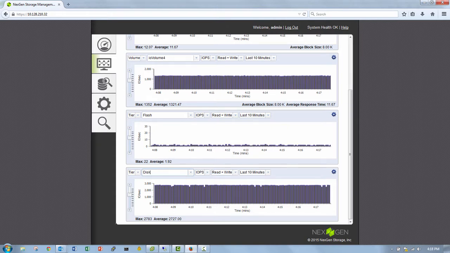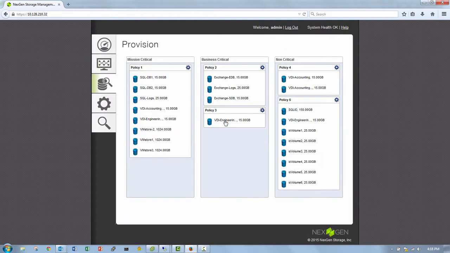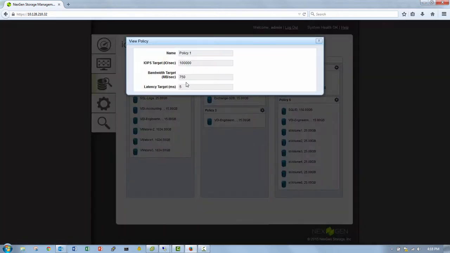Now let's go back to the provision screen. Recall that both volumes are in the non-critical policy 5 QoS policy. We are going to move these volumes to mission critical policy 1. When I view the attributes of this policy, you will notice that policy 1 has a target latency maximum of